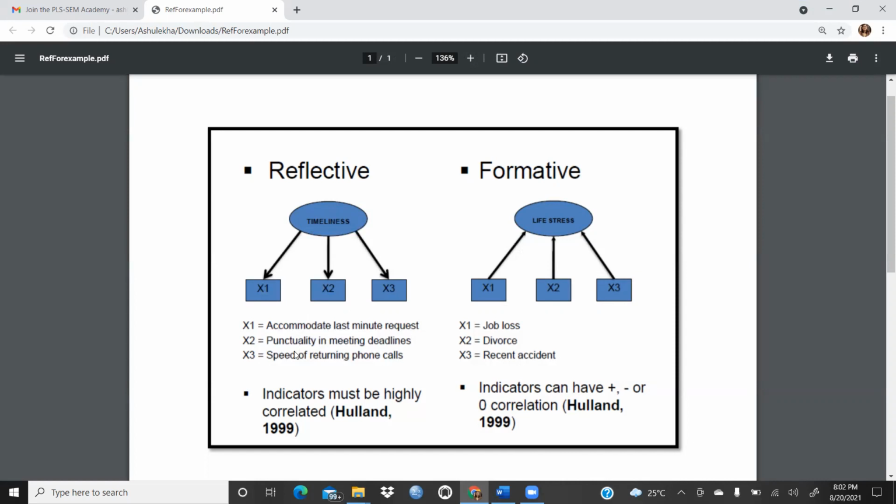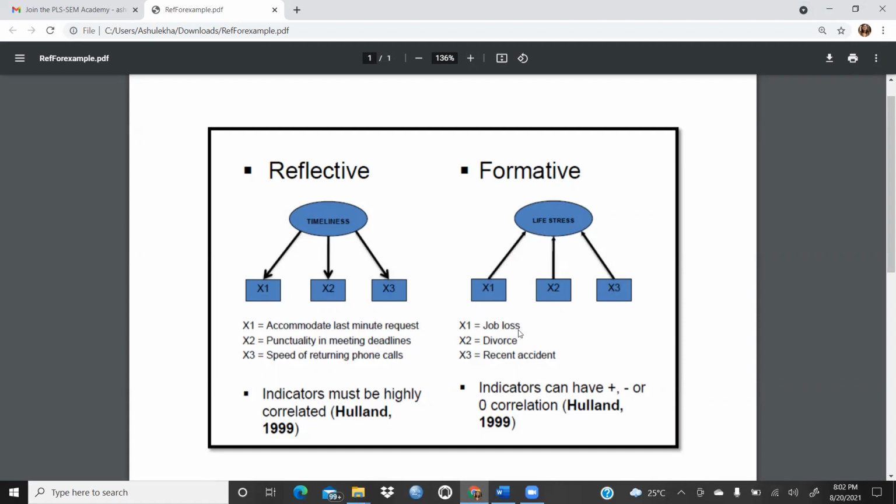All the three statements are reflecting the same thing, timeliness. They are making this construct. So indicators must be highly correlated, and all these indicators should be highly correlated to each other because these statements are similar. But in the formative, here is life stress, x1, x2, x3, all these three statements collectively making this particular construct.